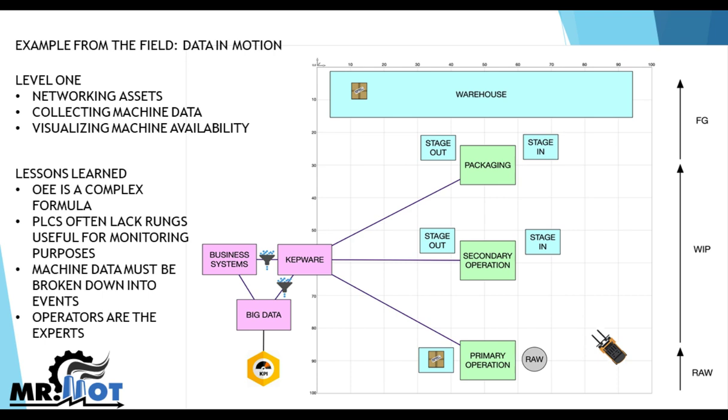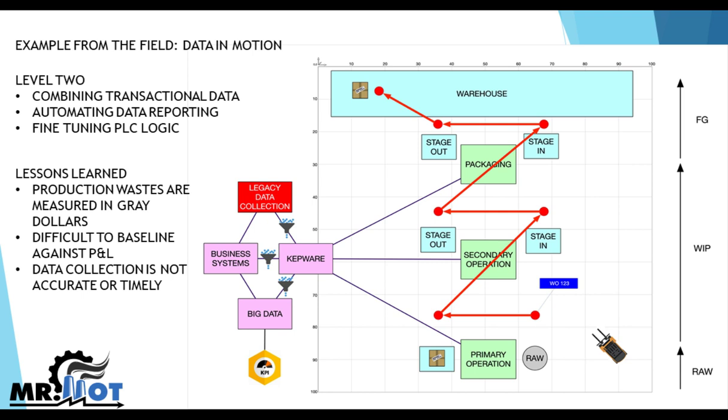And here I'm trying to illustrate that as product goes from raw material to work in process and goes through its various stages of processing and eventually ends up as a finished good that's either warehoused or shipped to the customer, operators are your experts. They're going to know the exact flow that this product takes through your factory. Going on to the next slide,